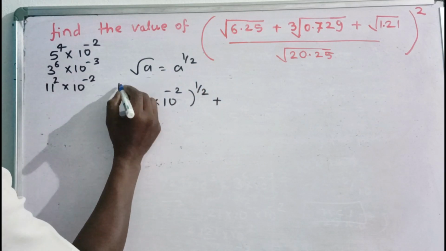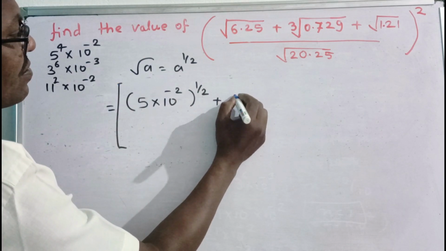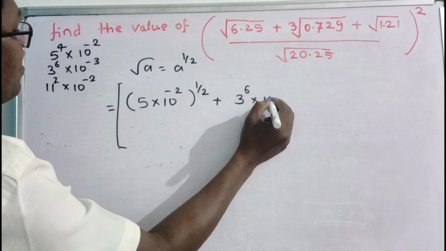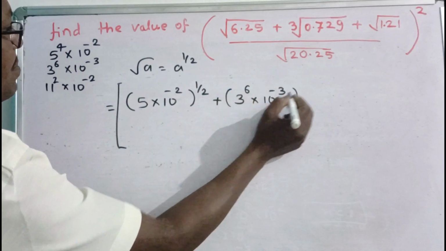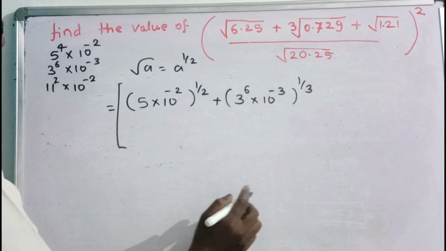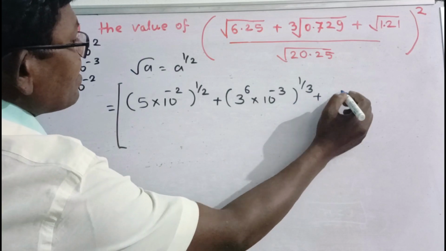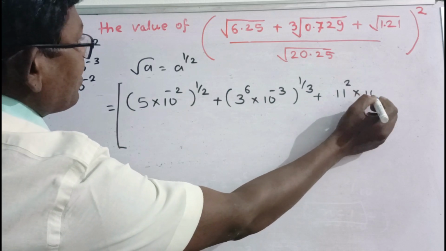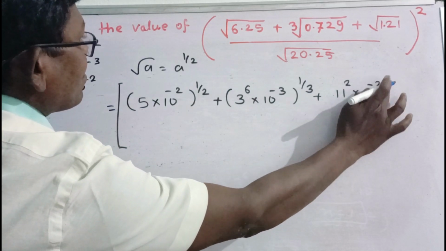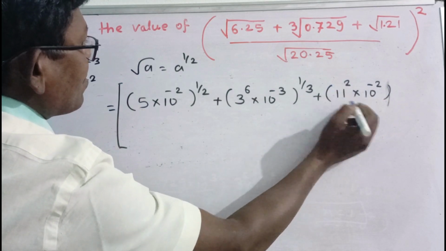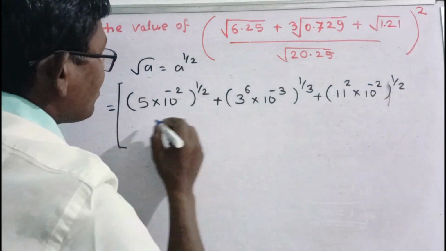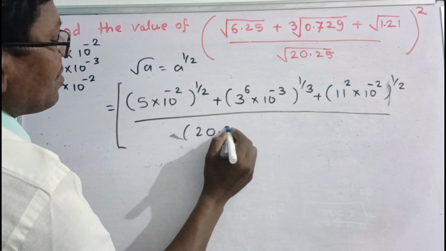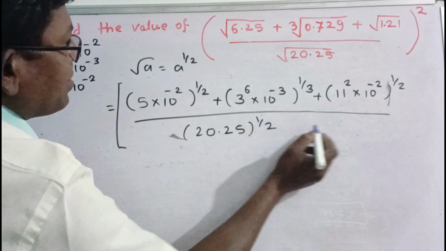plus 3 raised to the power 6 into 10 to the power minus 3 raised to the power 1 by 3, because थर्ड रूट है इसके लिए. प्लस 11 स्क्वायर into 10 to the power minus 2 raised to the power 1 by 2, divided by 20.25 raised to the power 1 by 2